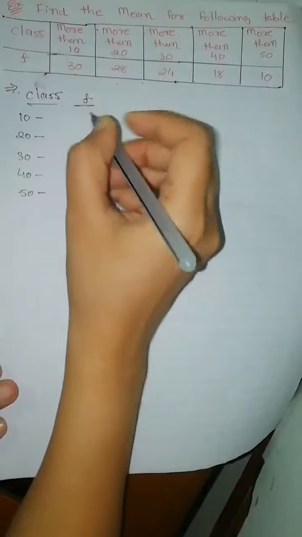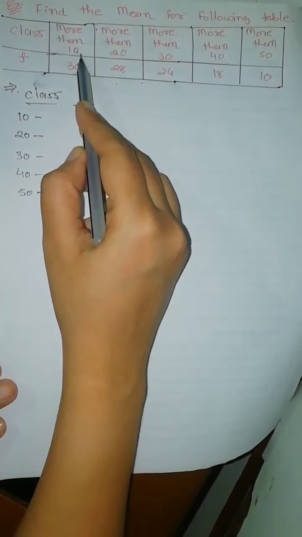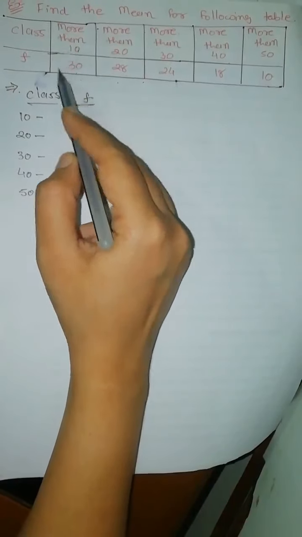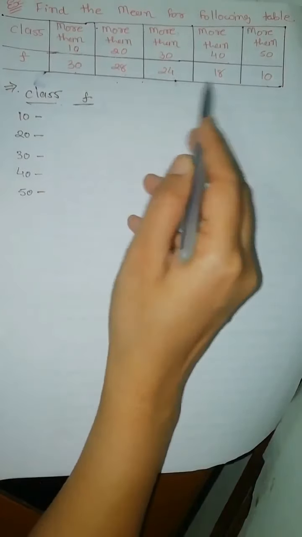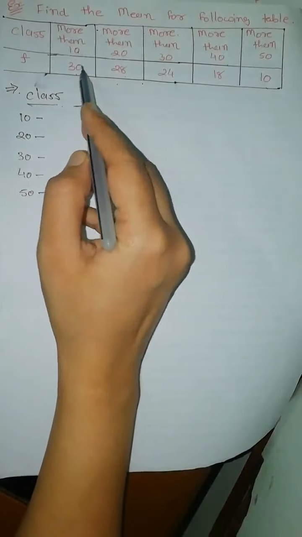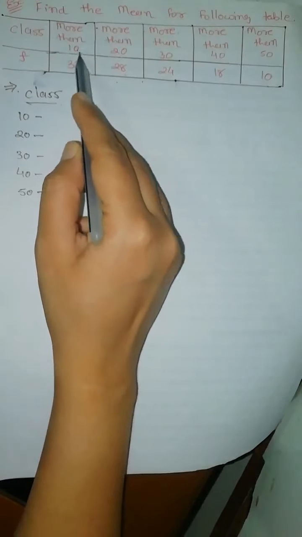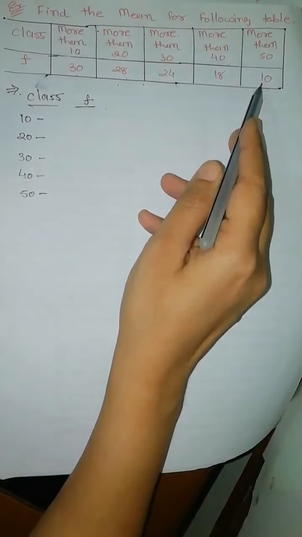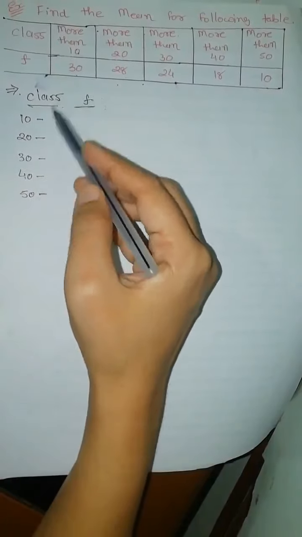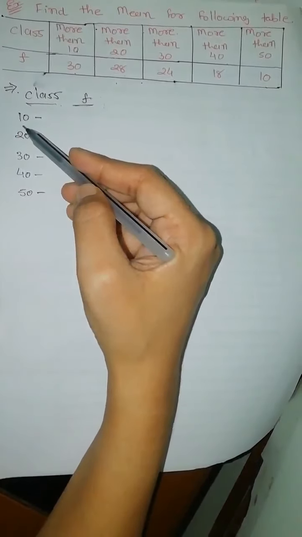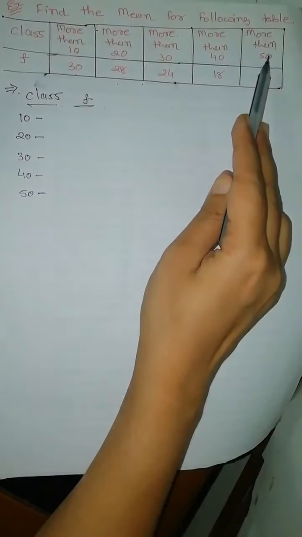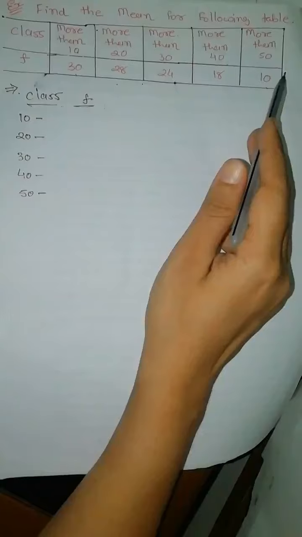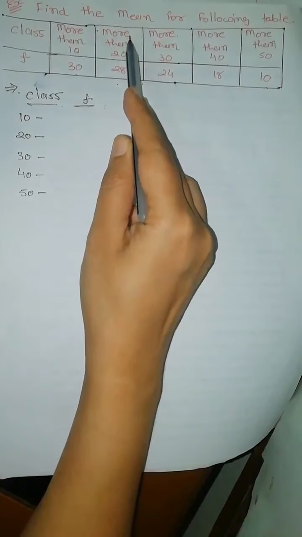Since more than 10 is considered, the upper limit is not given and the value 30 is highest compared to the other values, so it can be considered as the frequency which includes all the frequencies of the other classes. Because more than 10 is considered as 10 to n, and the last n value is 50 and more than that, so n is infinite in this case. But the second class is given as more than 20.